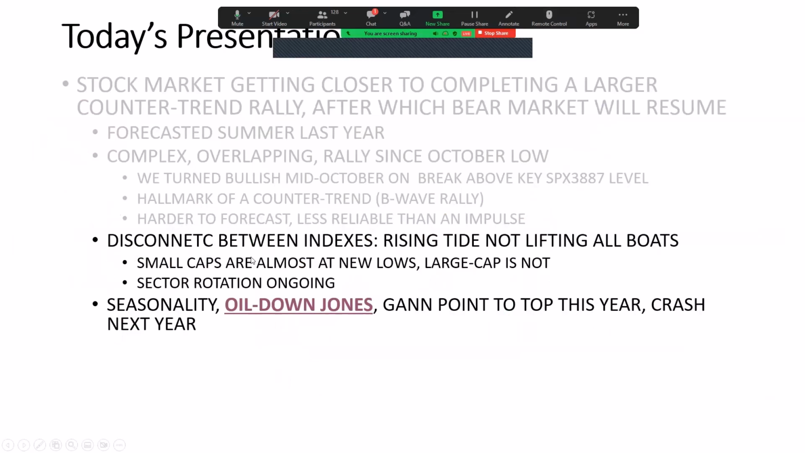So I think also, sorry for the typo, there's a disconnect between indexes. The rising tide does not seem to lift all the boats. The small caps are pretty much where they were in October last year, and the large cap and the mega cap, I heard you talk about it with Blake, are kind of holding up the market right now. The mega caps are